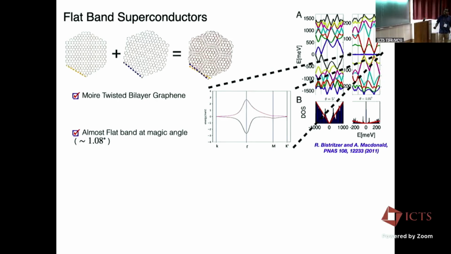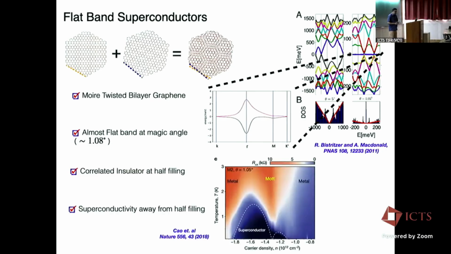So we get this almost flat band at the magic angle of 1.08 degree. And if you have a flat band, of course, you would expect strong correlation. Your kinetic energy has been kind of quenched. And you would expect a lot of different kinds of maybe correlated states. And many of them show up. Some of the more exotic ones Senthil talked about a little bit ago. I will talk to you about something which is simpler, or at least more straightforward.